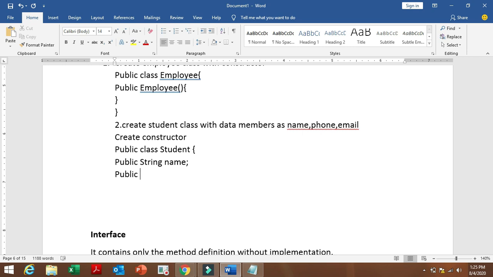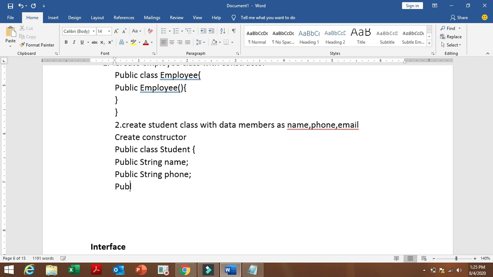If it is private, we cannot access it from everywhere. So then the constructor is included. Okay, like this.